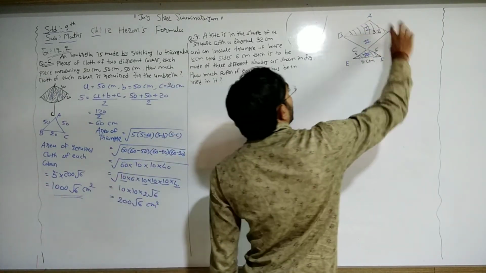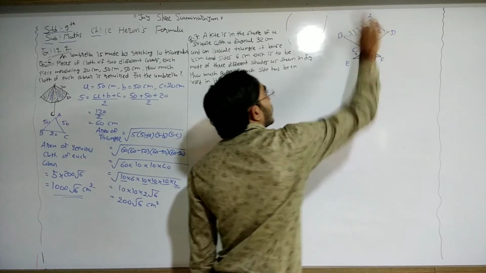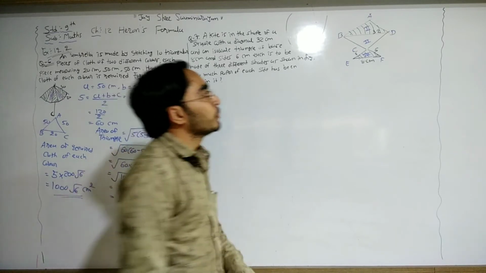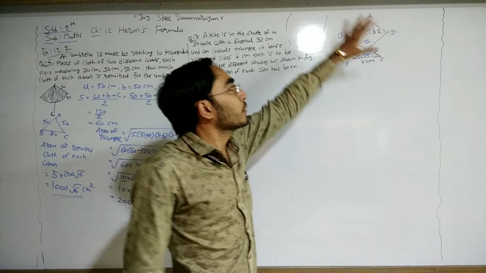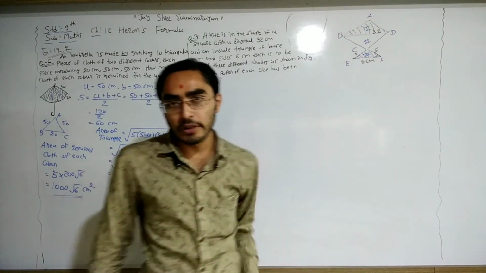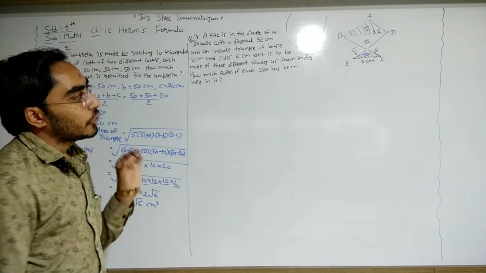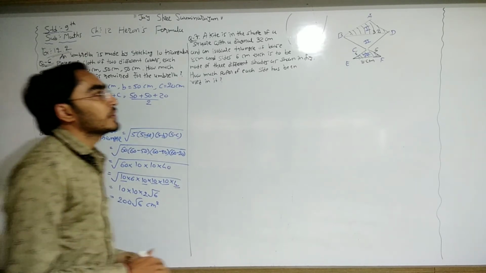Then if we get the area of the square, we divide the whole area by 2. So we get the first part and second part, because both parts have the same area. So if we get the full area of the square, then we need to divide by 2, that is the area of the first and second part. So our first work is to find the side of the square. Now, how can we find it?